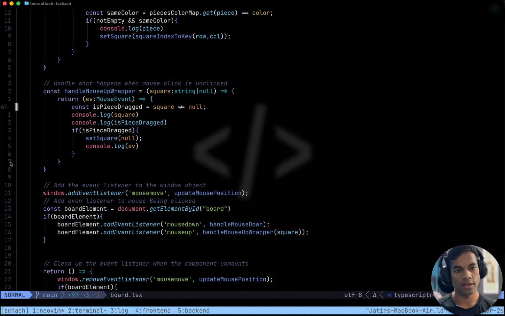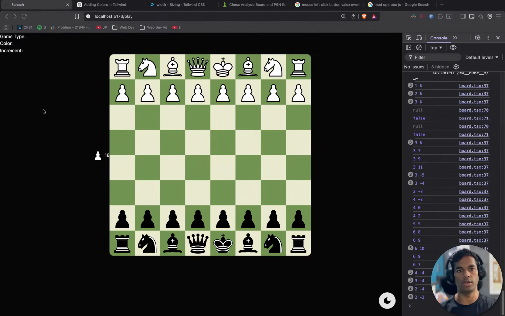And this function is accessing this square variable, and we want this square variable to have the latest value when it runs. And this is using closure shade.